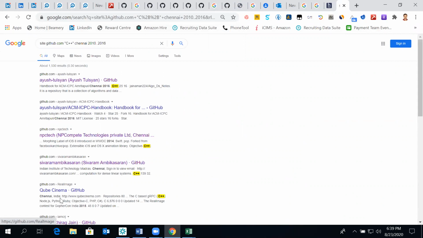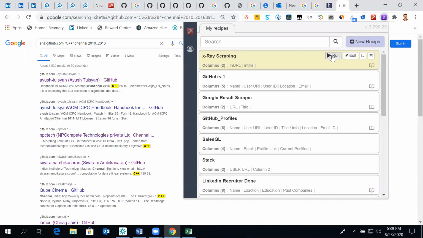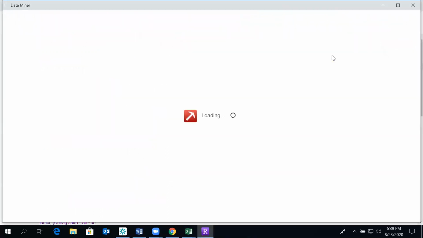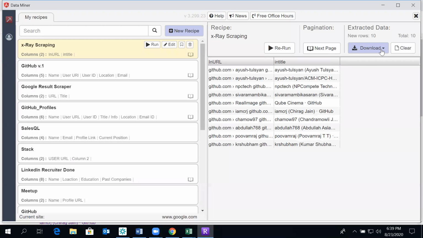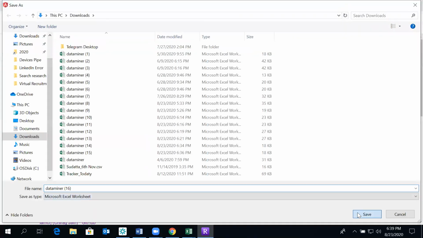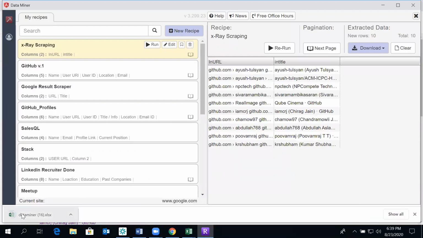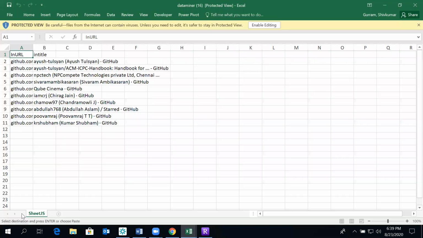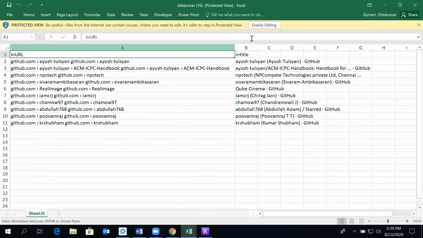But otherwise, GitHub is showing me user URLs, and maybe we can do that. So from here, what it could be, space.